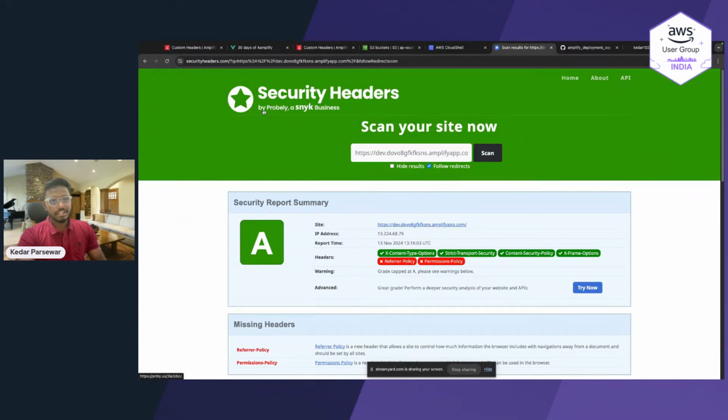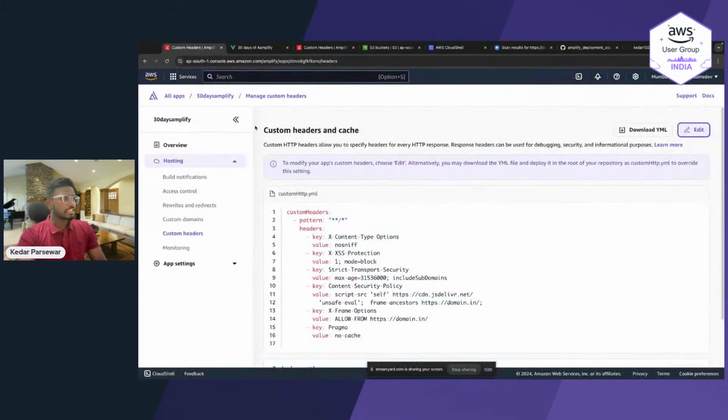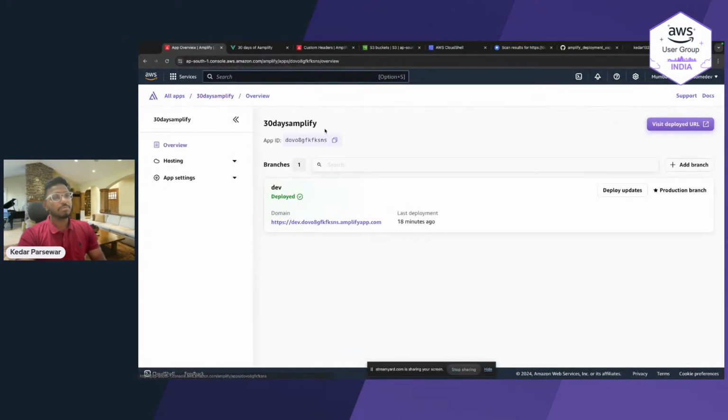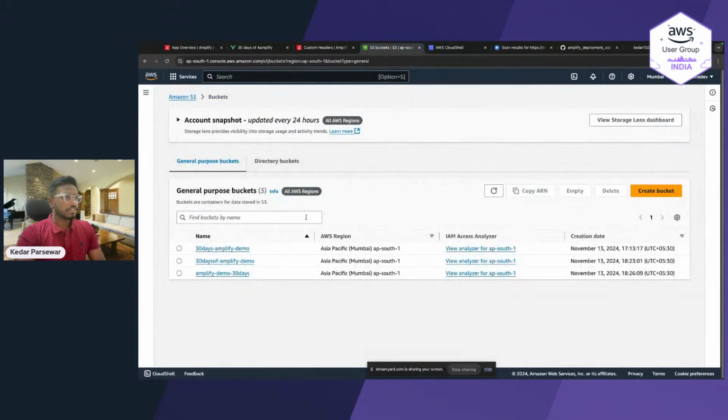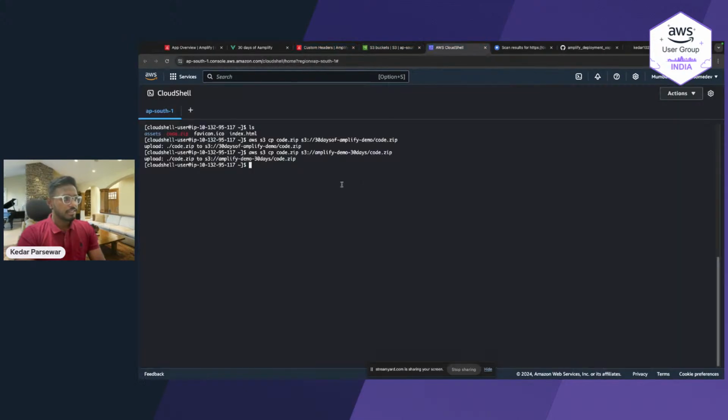now the site is full-fledged with the security headers, and we have also got our headers added. Now this was for adding the custom headers. Now if you want to deploy this S3 with Amplify automatically, you can use this command